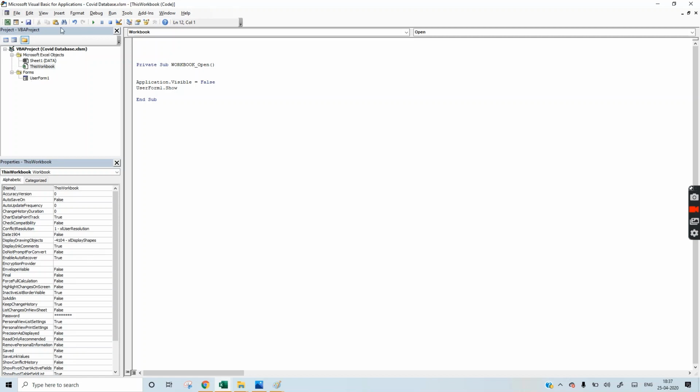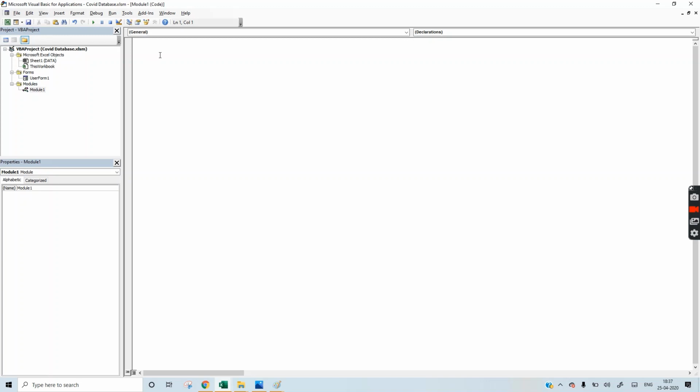Now we have to do one more thing. We have to insert a module in this.